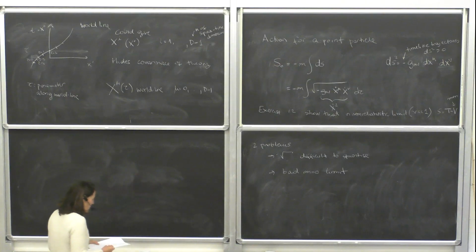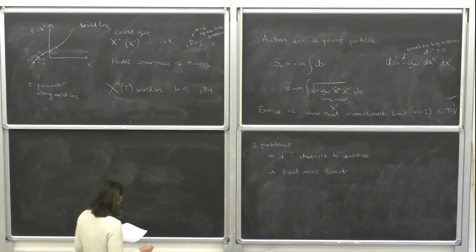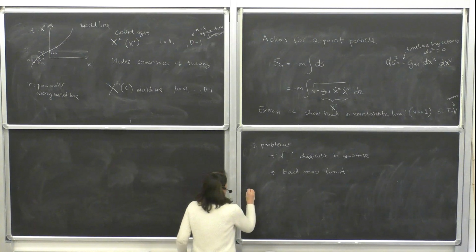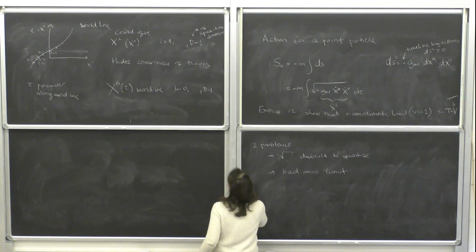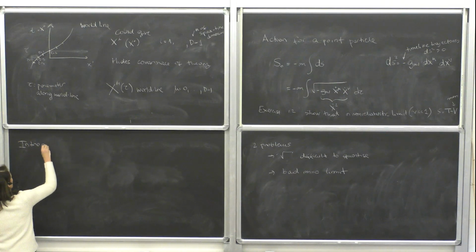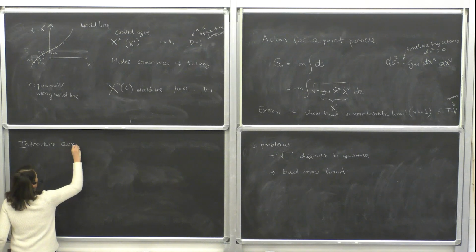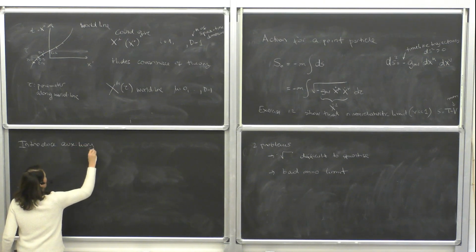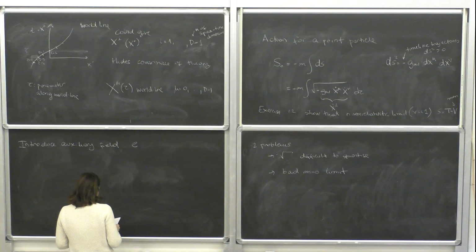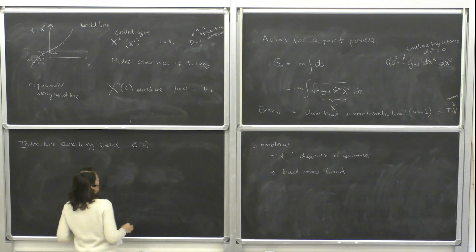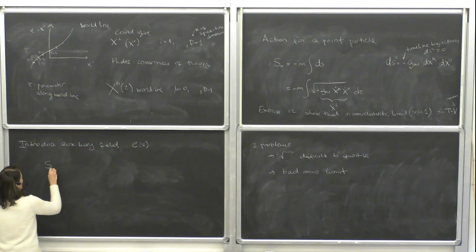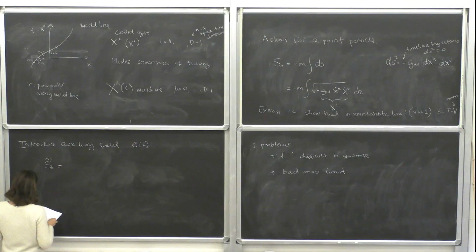So in order to cure those problems, one introduces an auxiliary field that we will call E. It's also a function of tau, but it's auxiliary, so it doesn't enter with the derivative. And we'll write this action as S0 tilde, which is 1/2 of the integral d tau,